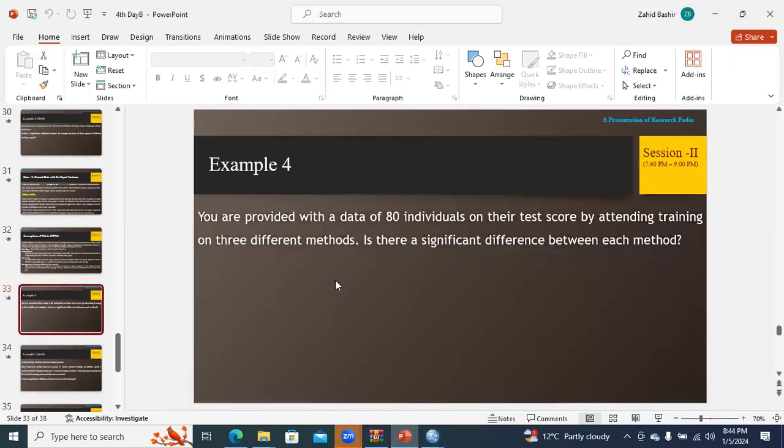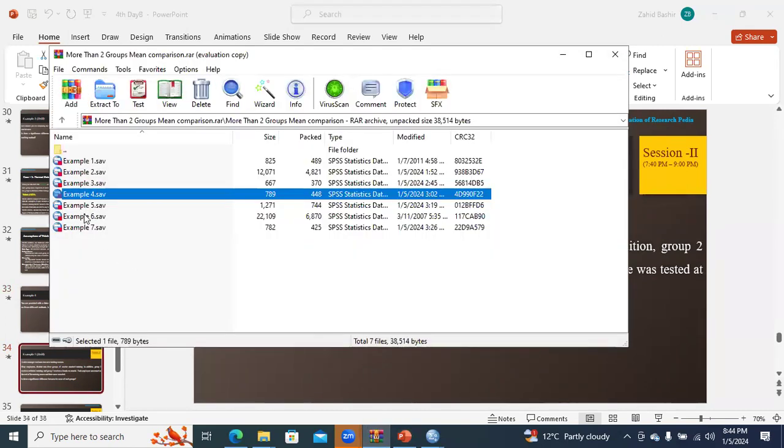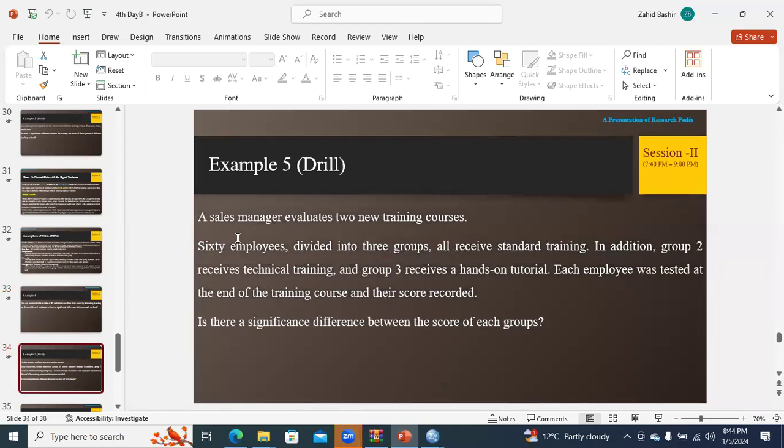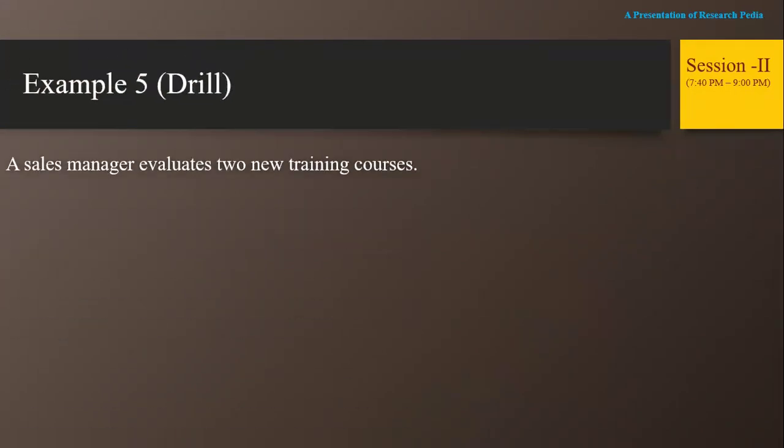So next we have example 5 as a drill. You have 5 minutes to complete this drill. You have a data set for example number 5. I will read the statement of this questionnaire, and we are going towards the last part. After it, there is only one data set that I need to elaborate. So complete it fast. A sales manager evaluates two new training